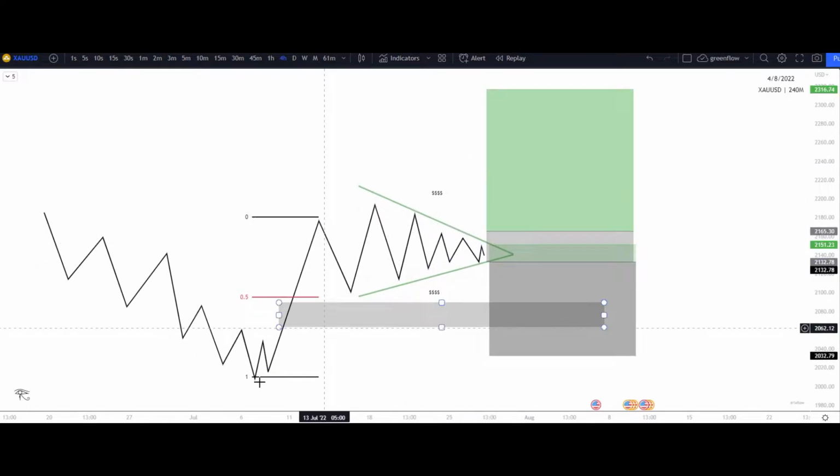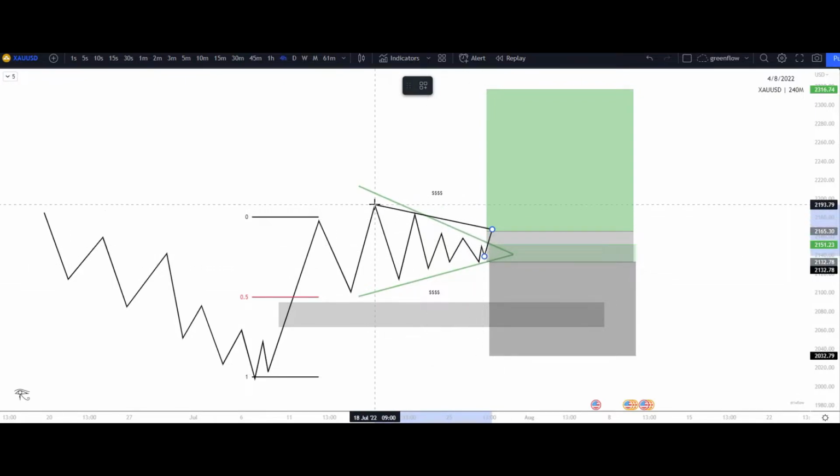So within this situation right here, we come up, raid the highs, we still respect this high, that caused an internal low, and this high that caused a low internally as well. We want to look for price to start coming down, right? What does this do? Trigger these buys right here, opens up that liquidity, mitigates supply over here. All of a sudden, these traders are in their trades.